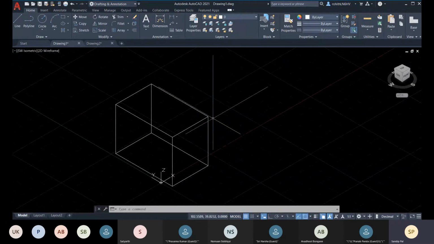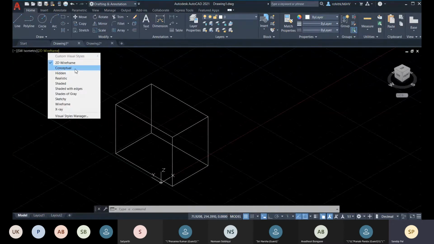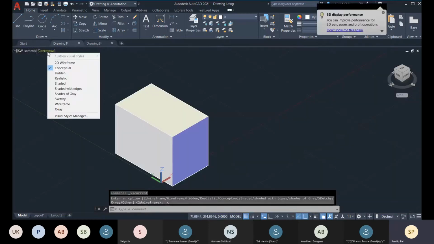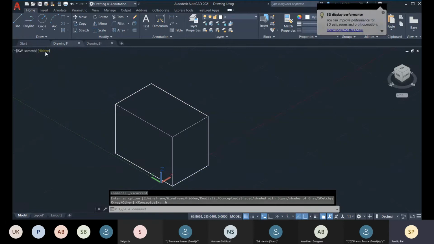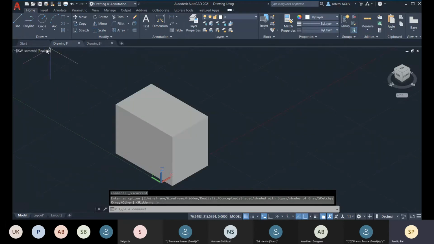All the 3D elements will not be visible if you choose this 2D wireframe. You can have other views like conceptual, hidden, and realistic, and all other things.